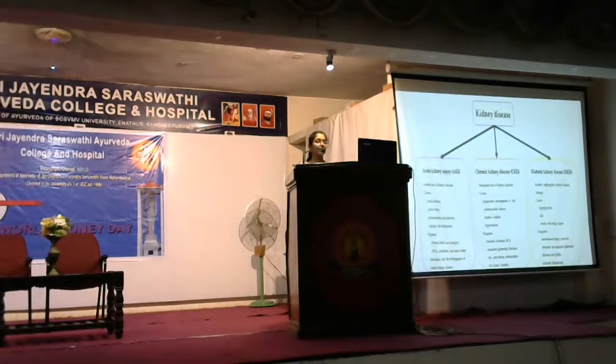Next we have kidney disease, which is divided into three types. First is acute kidney injury or disease, then there is chronic kidney disease, and then there is diabetic kidney disease. So in acute kidney disease, what happens is that there is a sudden episode of kidney failure or damage occurring within a very